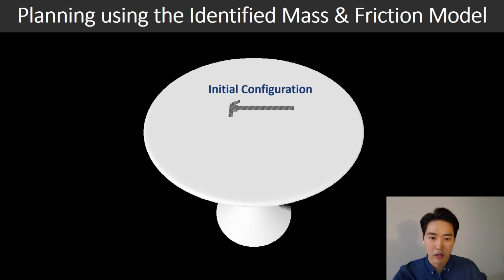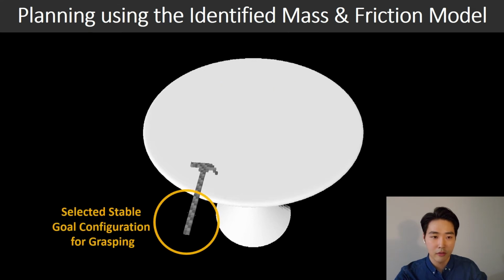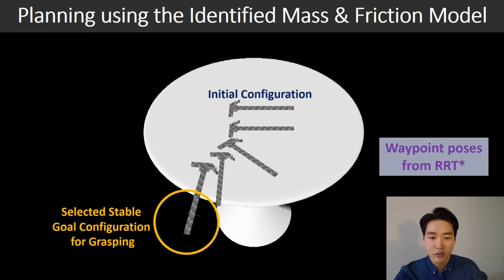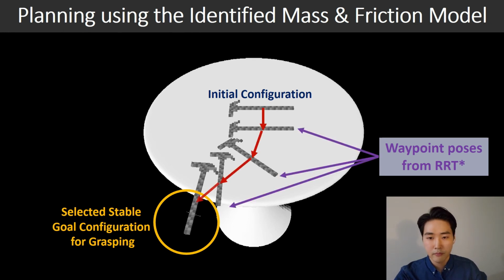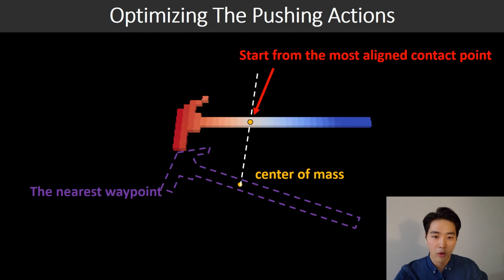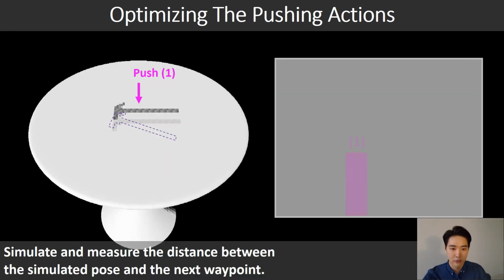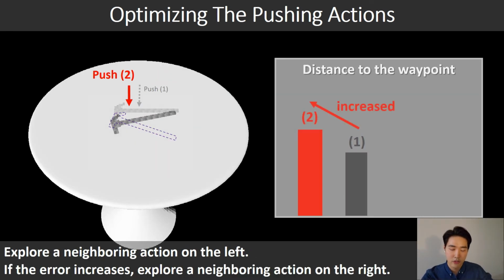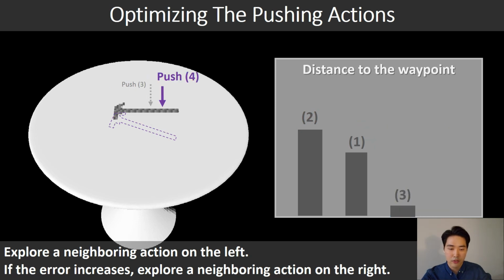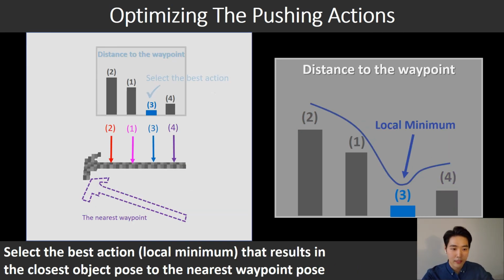As you identify the model, you want to do something with it. So you want to get this hammer to the goal. But the problem is how to select the goal configuration. Based on the identified mass distributions, you can choose a stable goal configuration like this. And then you want to plan by generating waypoint poses using, for example, the RRT algorithm. The question is how to go from one pose to another one. You can start with your best guess, and you can try to vary the contact points and see their changes. Then you can choose the points which are locally optimal, and then you can apply the actions to the real